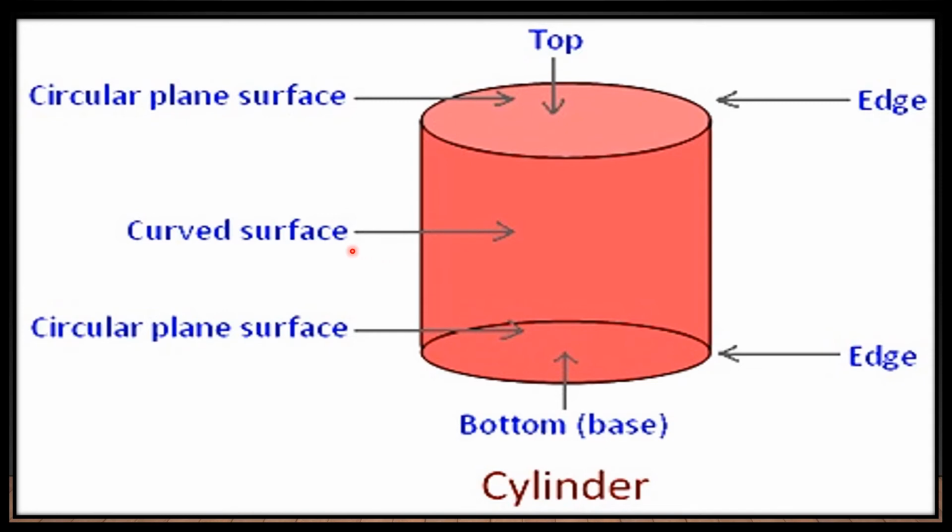these edges are curved ones. Okay children, so two curved edges are there, but they do not have any corners. So a cylinder has one curved face, two flat faces, and each flat face meets the curved face along an edge. So it has two curved edges and it has no corners. So your rolling pin, batteries, all are examples of a cylinder.